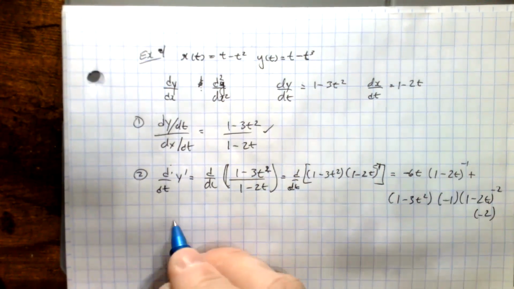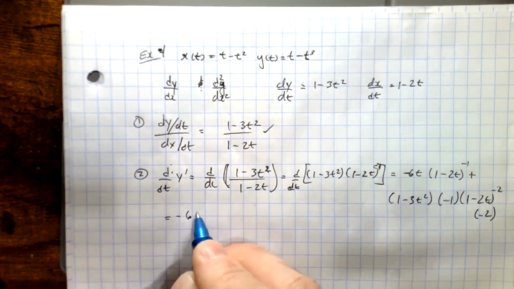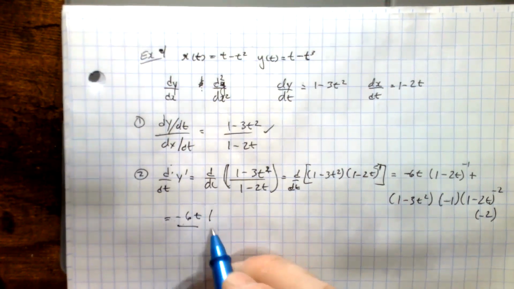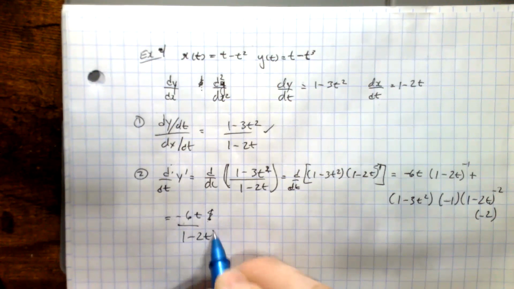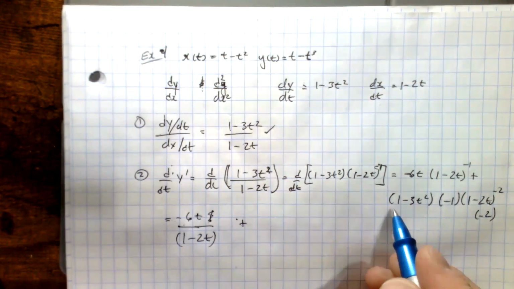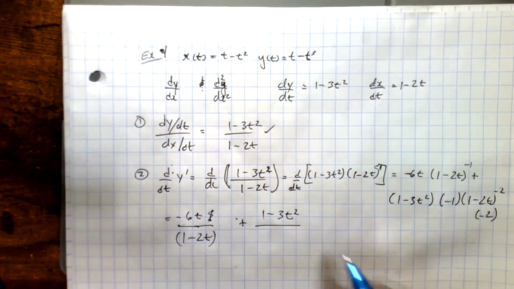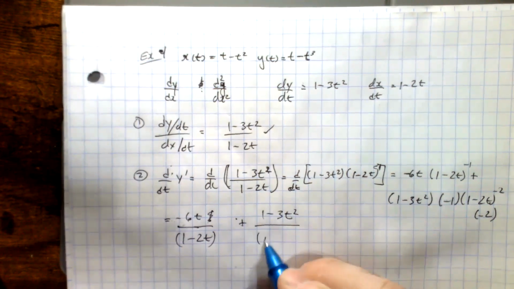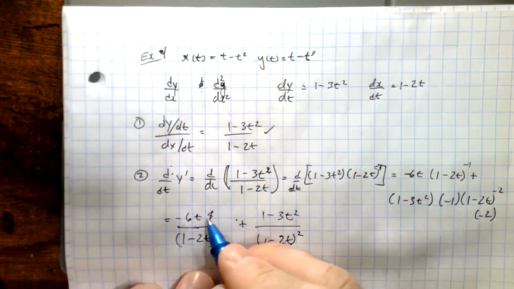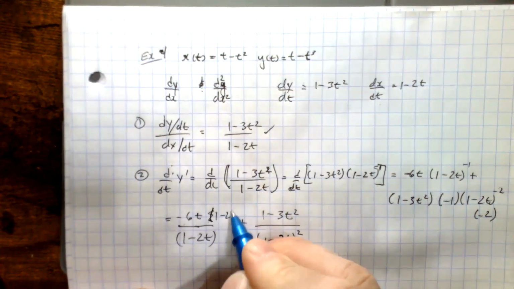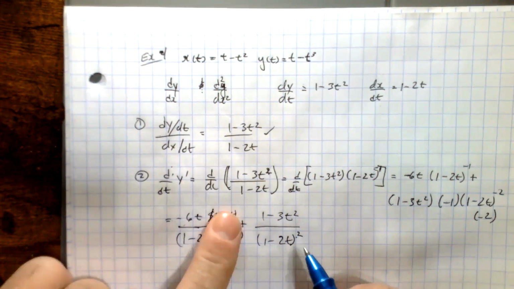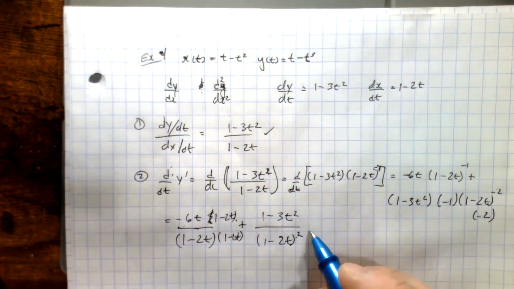So this is going to become equal to negative 6t over 1 minus 2t, I'll multiply that in just a second, plus 1 minus 3t squared over 1 minus 2t squared. And so what I was going to write here was, to get a common denominator, I'm going to have 1 minus 2t times 1 minus 2t. This one has 2, this one needs 1, so I'm multiplying both of them by 1 minus 2t. And then in doing that,